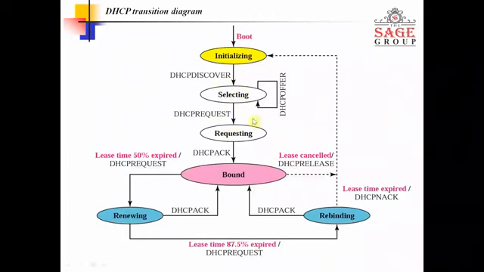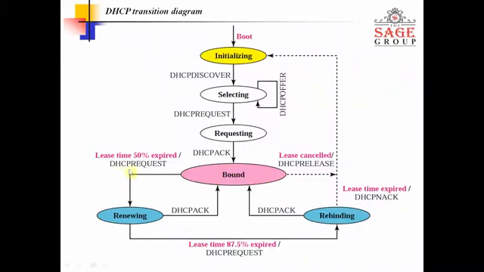It is done by selecting. Then it analyzes and decides which IP should be sent to the client. After that analysis, it decides and sends the request message from selecting to requesting. Requesting gets that message and forwards the DHCP acknowledgement to the bound state. Now you have to bind the address. Bound has two decisions.